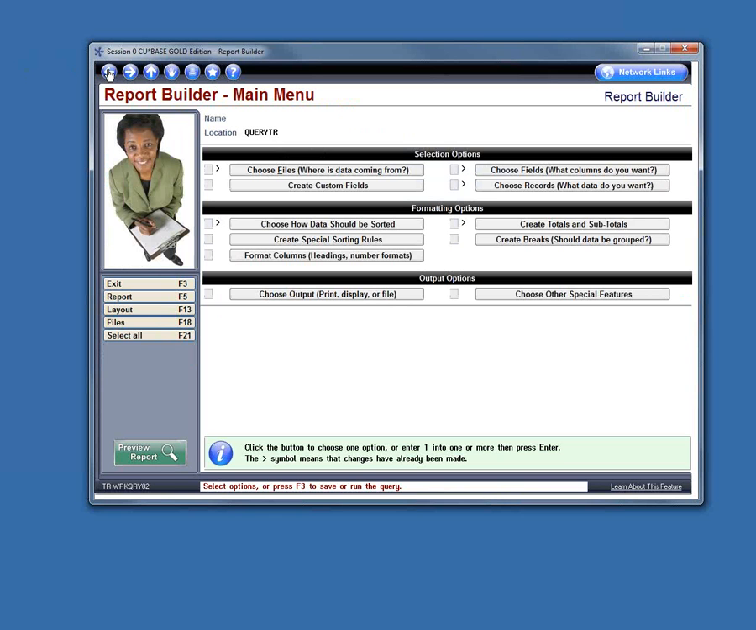So the next thing we want to talk about then is our outputs. When we're creating a report, what do we want the final result to be? Do we want to have it on paper? Do we just want to see it on our screen? Or do we want to go ahead and send it to a database file that we can download? So if we go into Choose Output,